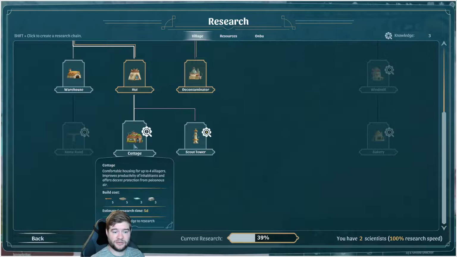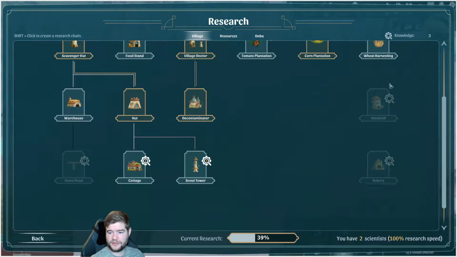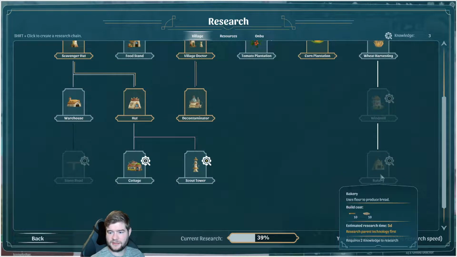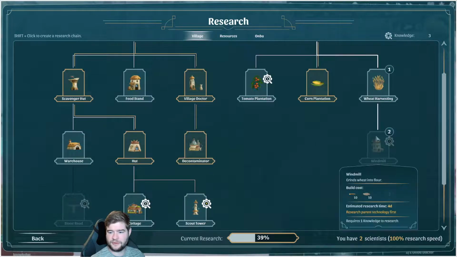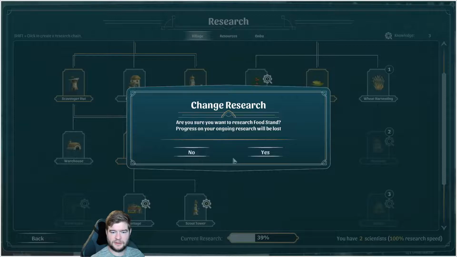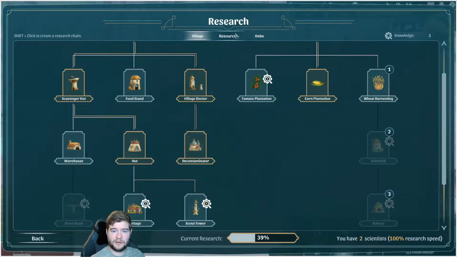I mean, I'd like the cottage. At the same time, I would maybe like to go down this route. So maybe we'll try this. Oh, it's only 3. I can't count. In fact, no, let's not do that. No. Let's see. I would like to do